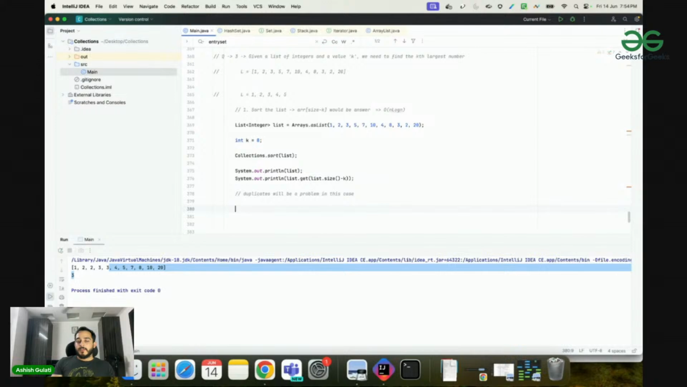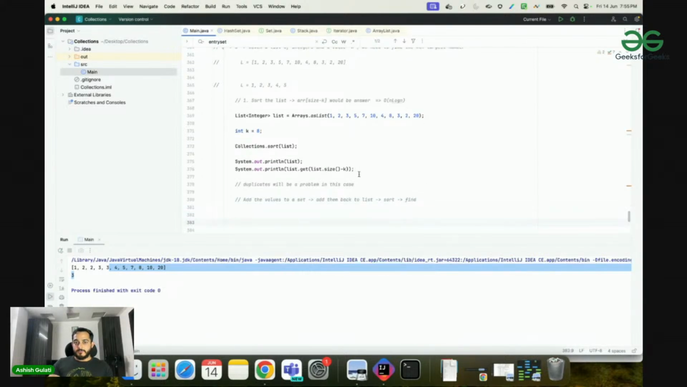Again, what we can do is we can add all the values to a set, all the values again back to a list, remove the duplicates, and then do a sort. In that case we can do that, right? So what we can do is add the values to set, add them back to list, sort, and then the same process, sort, find, right? So let's do that first. Let's do that again,